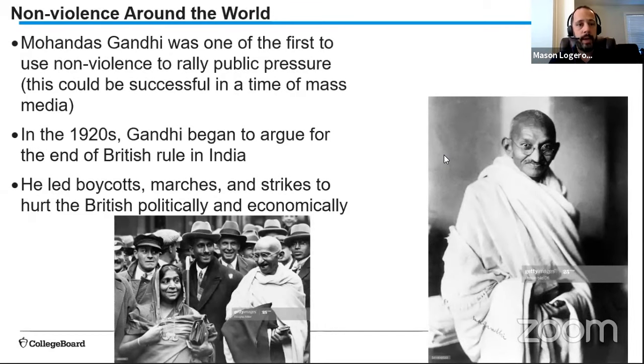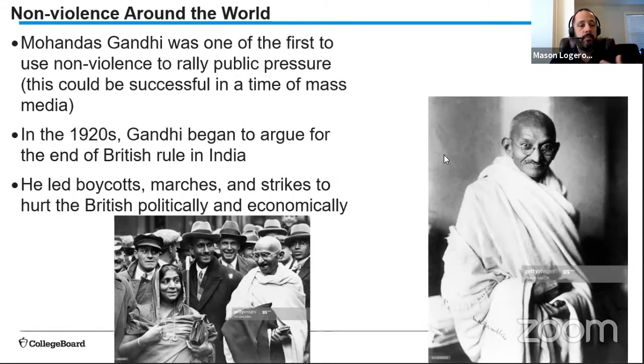You purposefully break that law. You then accept the punishment that goes with it. And by doing that, you really shine a light on the injustice. And Gandhi did this in many different ways, through marches, through protests, through boycotts. And he's able to rally public pressure across India, but also in other parts of the world,